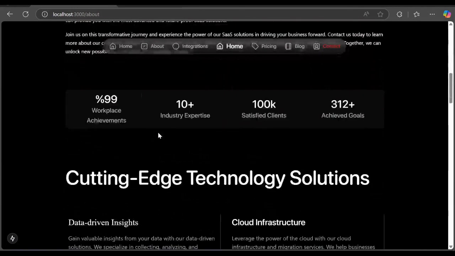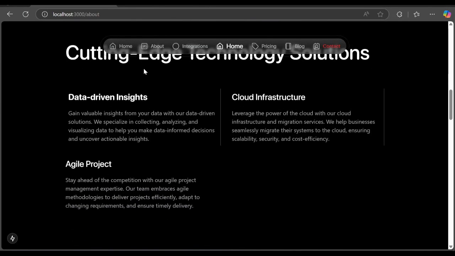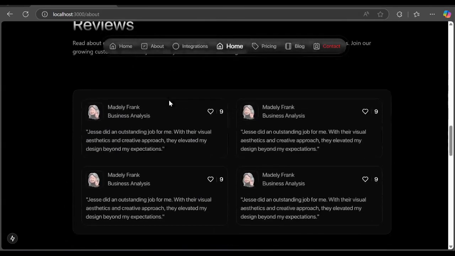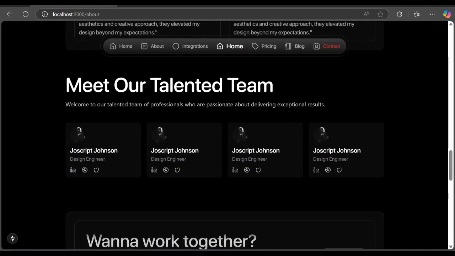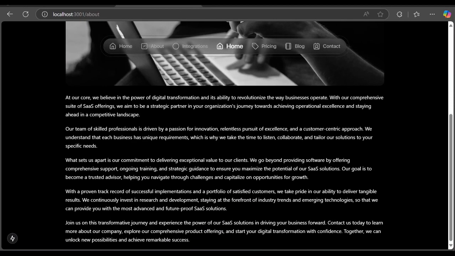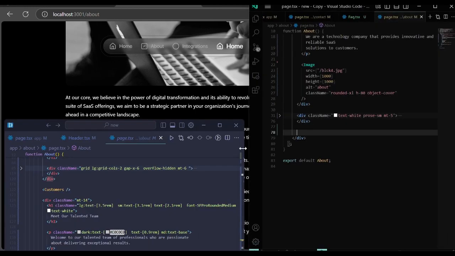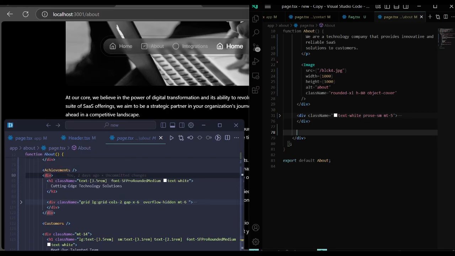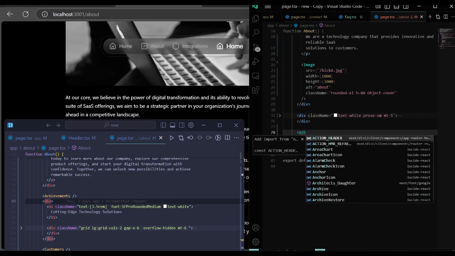So this is the finished one. On the about we have this one, we have another one here, also we have another card here, and also this. So this is what we're going to be creating. For now we just have the text displayed there. So here we need to add the achievement